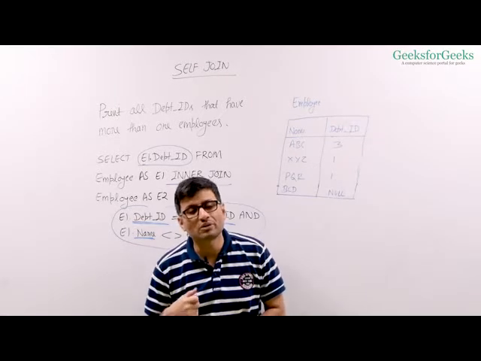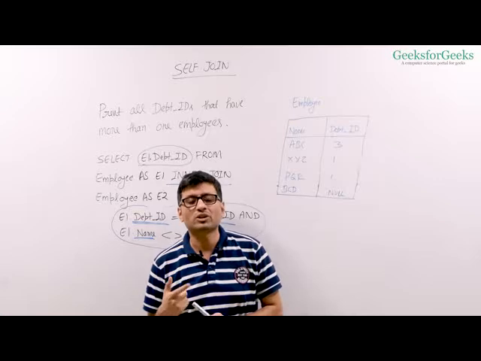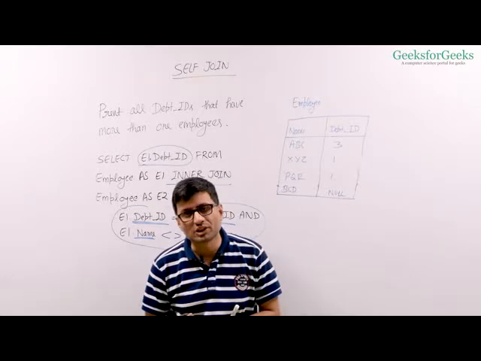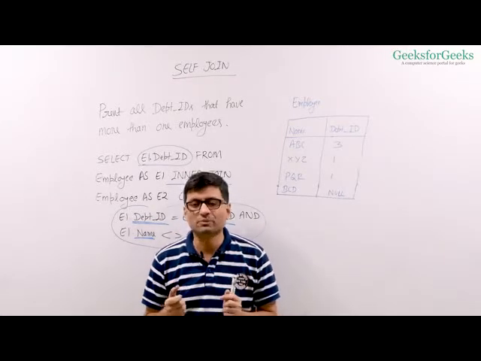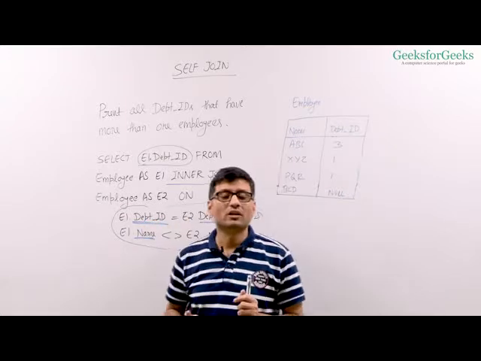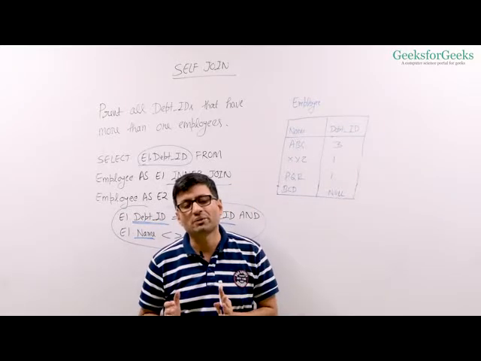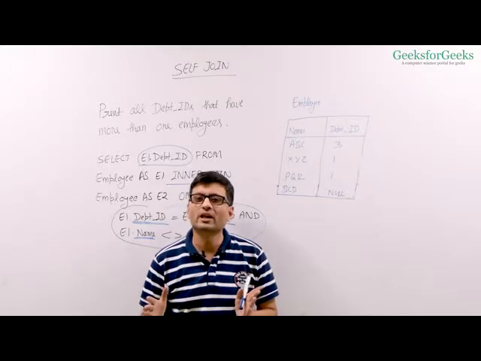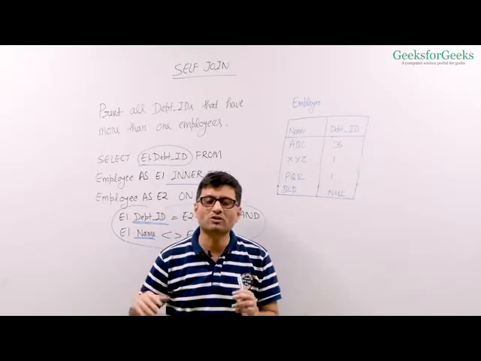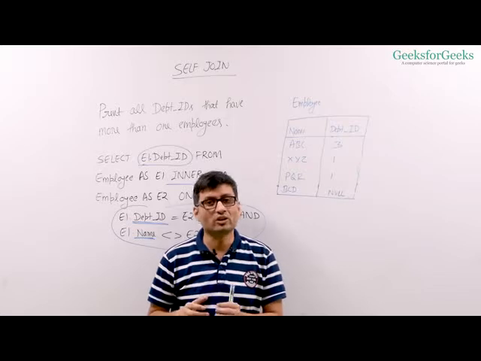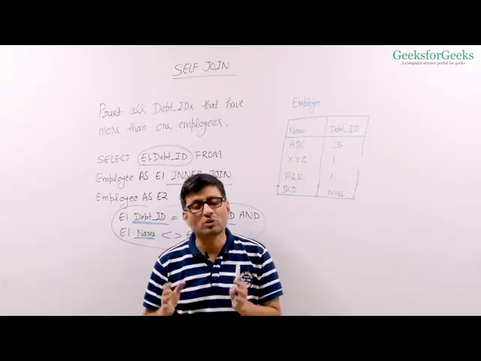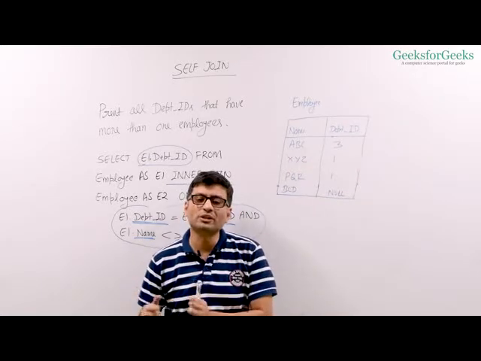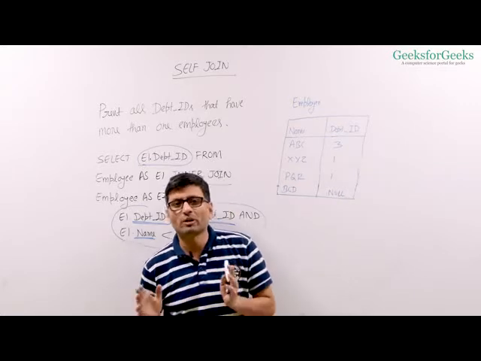Then we talked about natural join. Natural join is a special case of equi-join where you do not specify this where clause. Your database management server automatically finds out the common column names and puts this where clause automatically. Natural join is sometimes not considered good because column names might change. So that is all about all the joins.